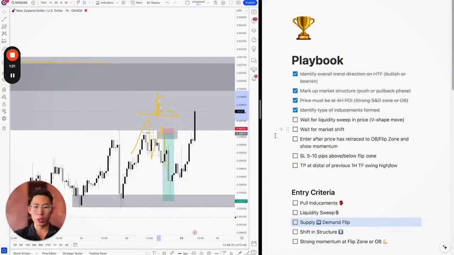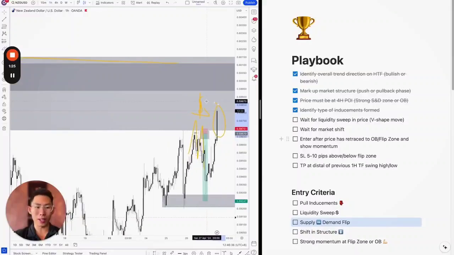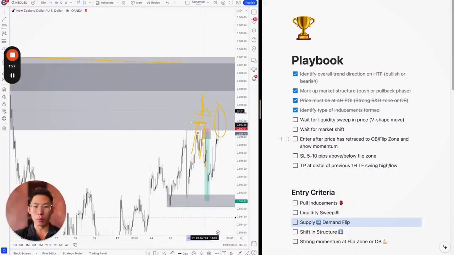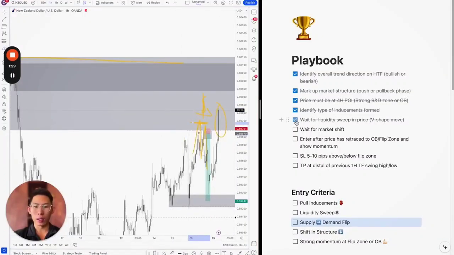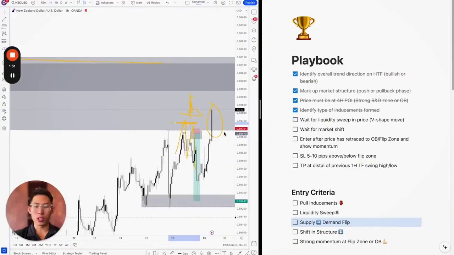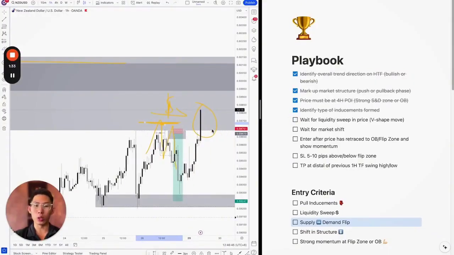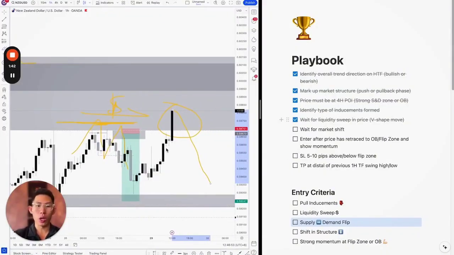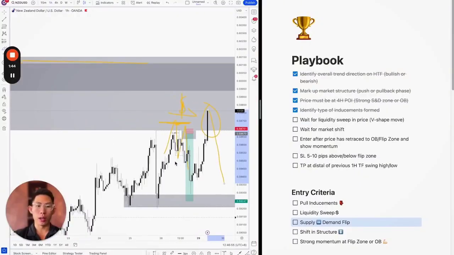So there was inducement, and then there could potentially be a liquidity sweep in price, where price comes into this supply zone and sweeps the liquidity above these highs. We want to see the V-shaped reaction to confirm that this is a liquidity sweep. So I want to see price actually sharply move down, and that confirms to us that that is the liquidity sweep. And when that happens, I'm looking for that market shift, a shift in structure that tells us that this